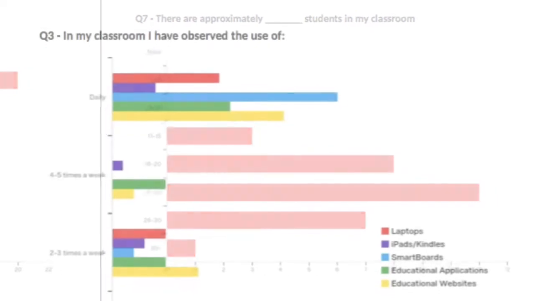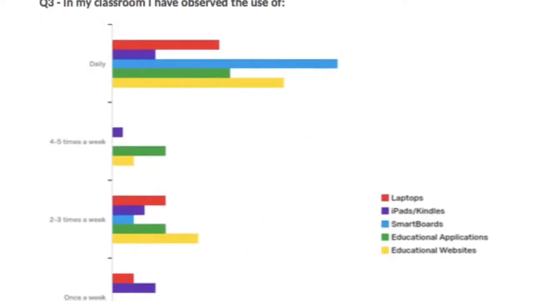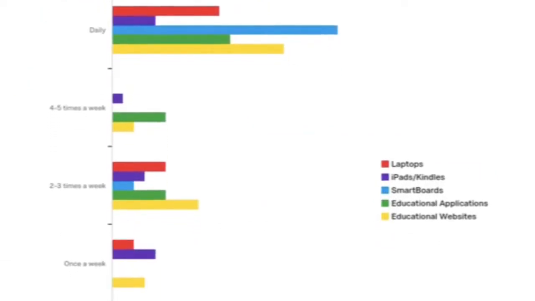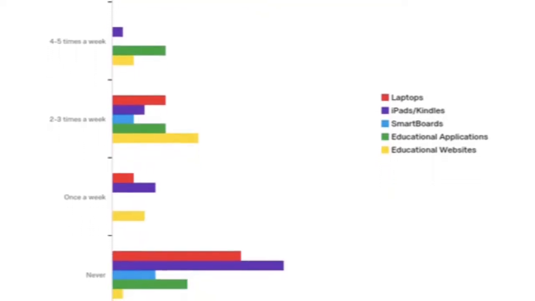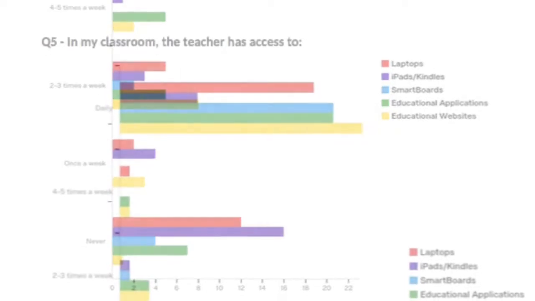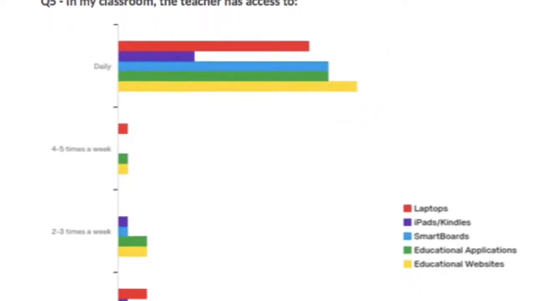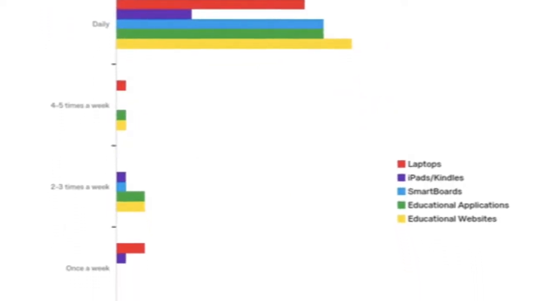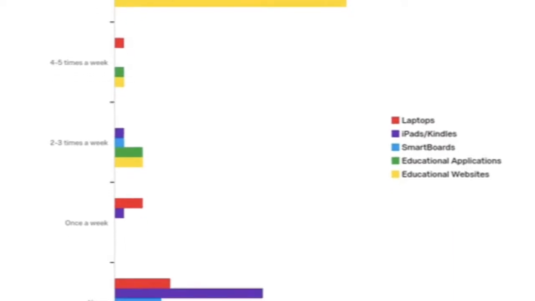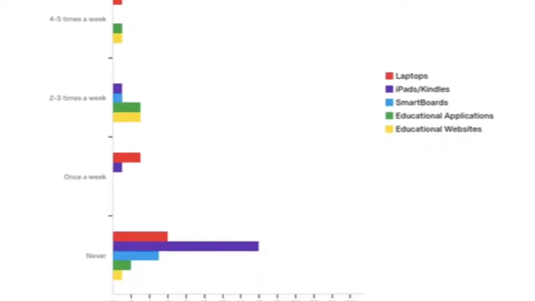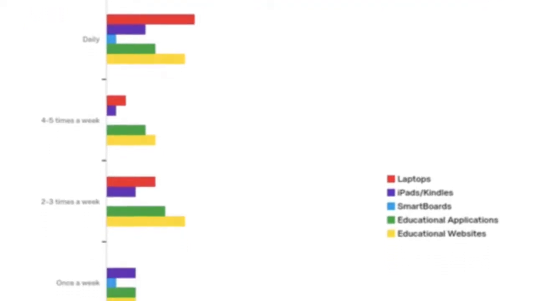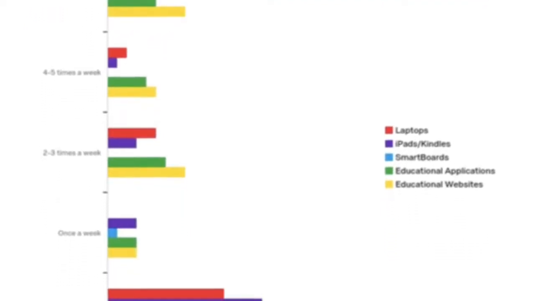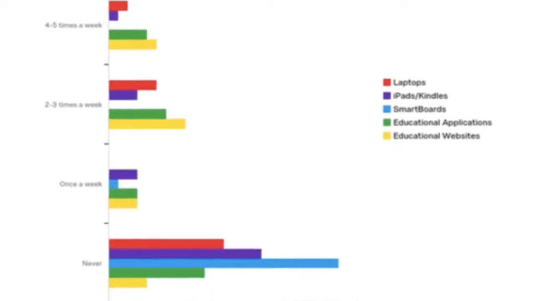Another point to note in our survey was the technology which teachers had access to in the classroom that they used and had students use. Our survey showed that while teachers had access to technology on a daily basis, the mainly teacher-oriented use of the technology may indicate a deeper problem. Our results showed that most teachers in our study indicated moderate utilization of technology-based homework.